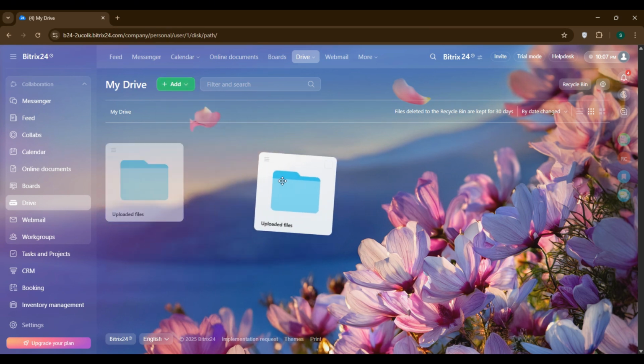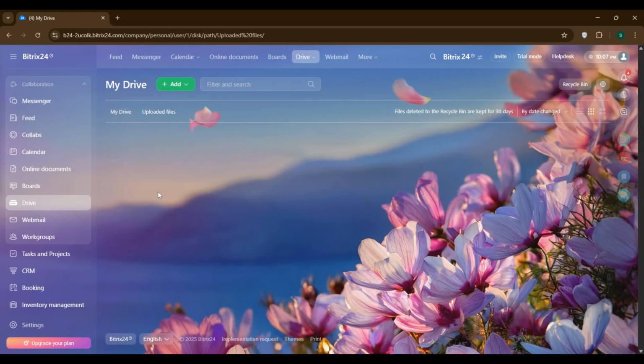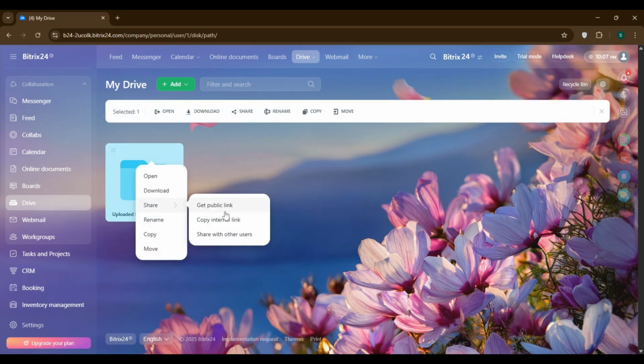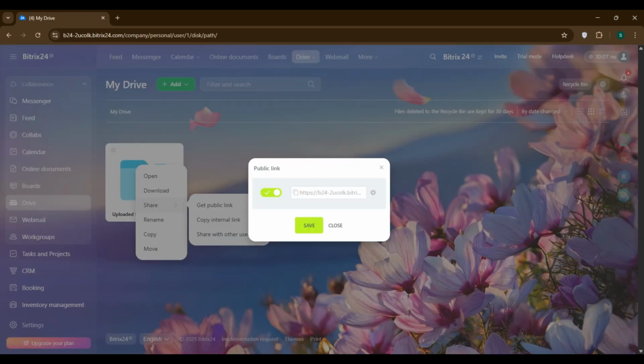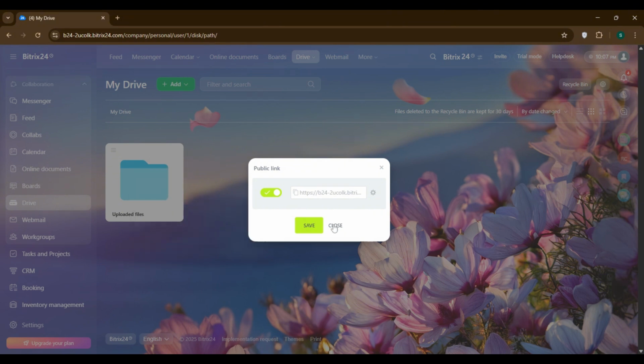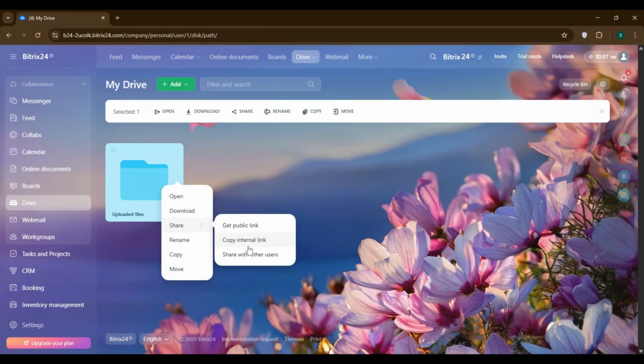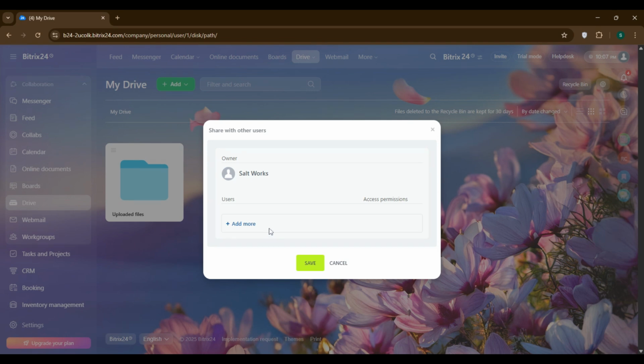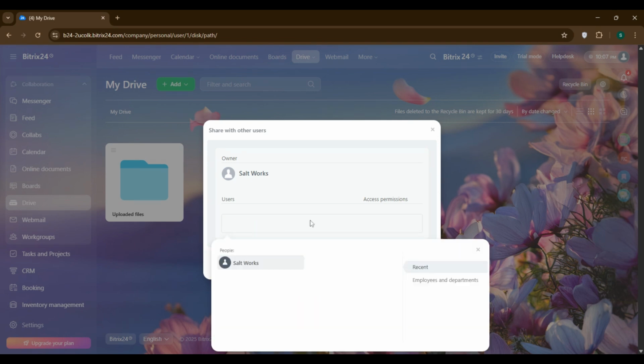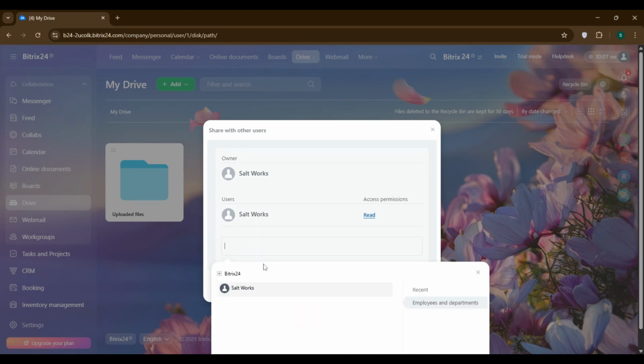You can create folders to keep everything organized. Now for sharing. Right-click any file or folder and select Share. You can generate a link to send to anyone, or share it directly with specific people in your Bitrix24 workspace. The key feature is access rights. When you share, you can set permissions to view only, so people can't edit your original file, or full access